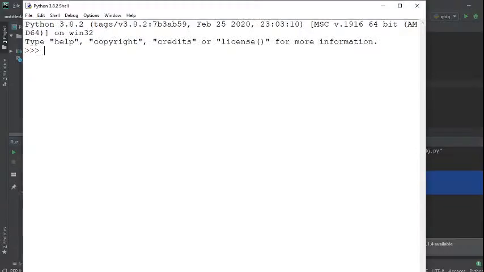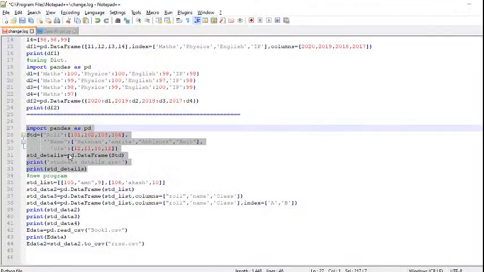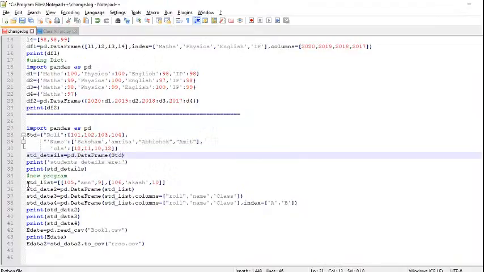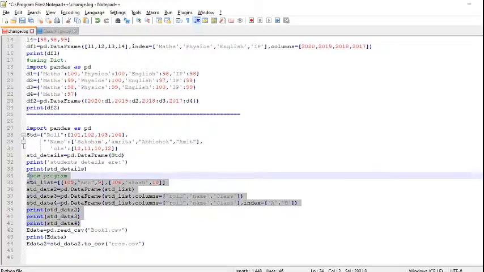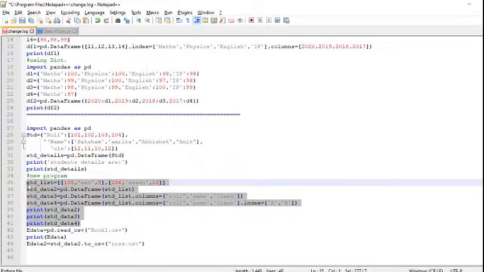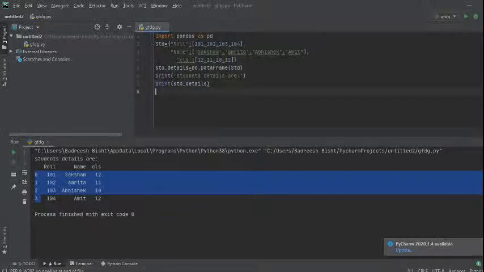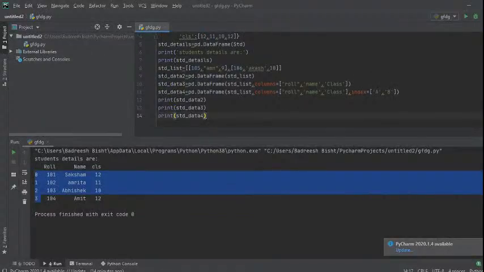Now if we want to put another program, I am writing, say this one is first, and the second one we created again is student list. Up to here you have got it printed, right?